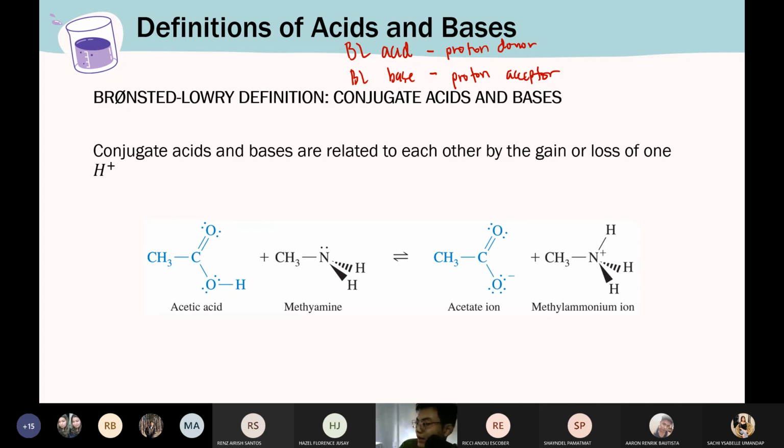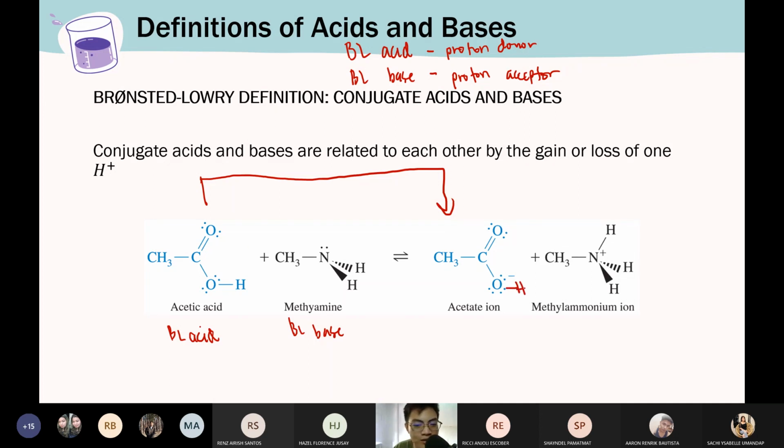So according to Renz and Kyla, acetic acid is the acid and methylamine is the base. Obvious naman na si acetic acid yung acid kasi may acid. Okay? So siya yung Brønsted-Lowry acid natin, while methylamine is the Brønsted-Lowry base. Also, that can be confirmed when you look at the partner of acetic acid, which is the acetate ion. Paano mo uli malalaman kapag siya yung partner? Tignan mo lang yung structure. Kapag parehas, nawalan lang ng H. Yun yung partner niya. So for acetic acid, if you look at the product side, nawalan lang siya ng H,